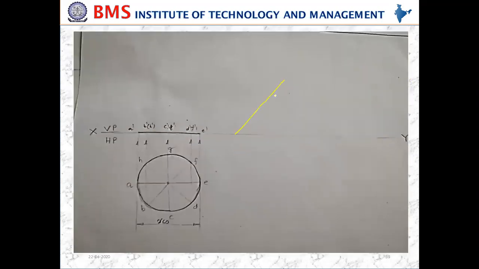I draw a 45 degrees line, keeping A dash on the XY line only. This is the point which represents A dash. I have drawn A dash on the XY line, and through that point I have drawn a 45 degrees line.